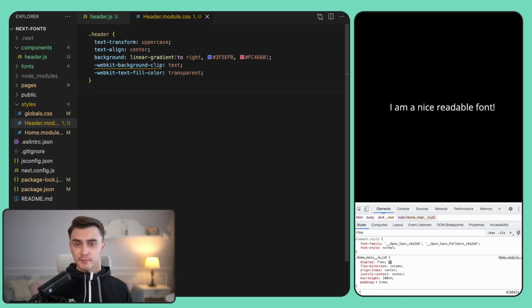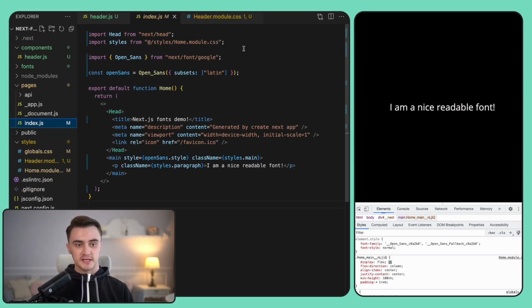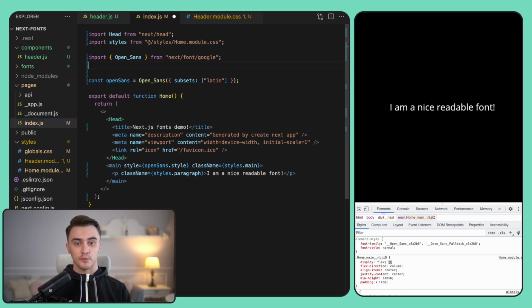Now let's add our component to the page so we can actually see 2 different fonts at the same time. So we go to the index page, and now we can import it. And actually display it.